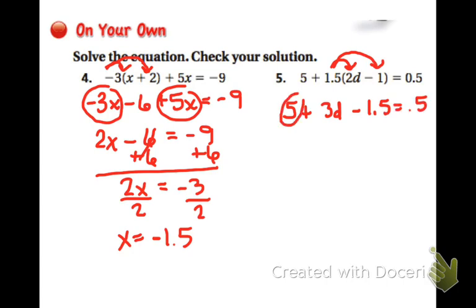So my like terms are the 5 and the negative 1.5. When I subtract 1.5 from 5, I get 3.5 plus the 3d is equal to the half. So what I have to get rid of is this 3.5. So I'm going to subtract 3.5 from both sides,